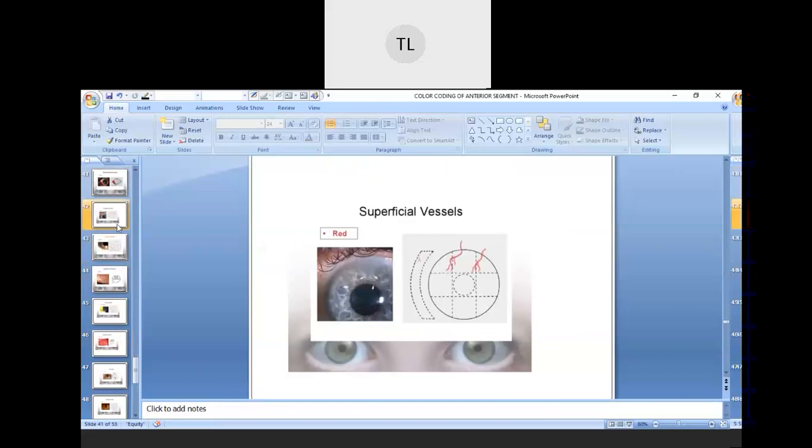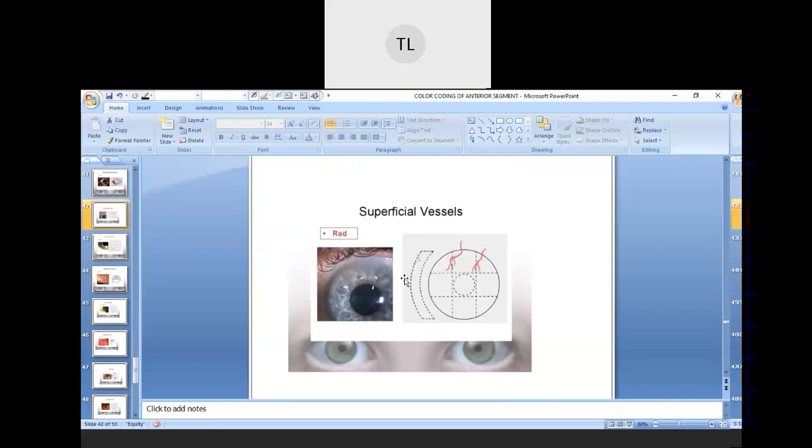Next we have the superficial vessel. Superficial vessels are vessels that are at the surface, the superior part. They are not deep. If they are deeper, then it will be a worsening, and that will be more dangerous as compared to the superficial. So we have the superficial and the deep vessels. Superficial will be above the surface area.